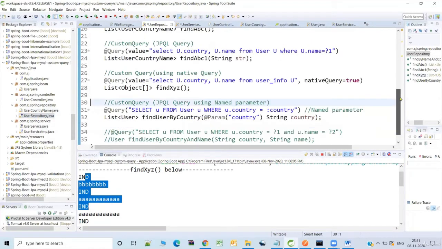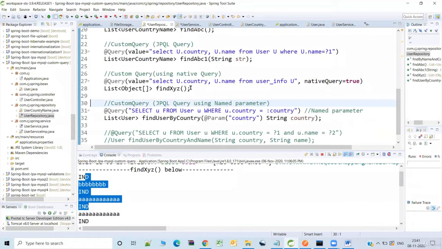If you observe in the find XYZ, this is a native query. One more point is that it is discouraged to use native queries. It is encouraged to use the JPQL query because of portability reasons. Portability reasons means that in case of a JPQL query, the query is common irrespective of the underlying DBMS you use.